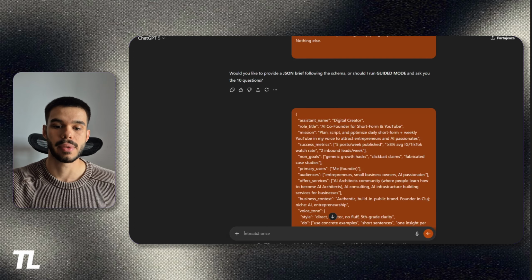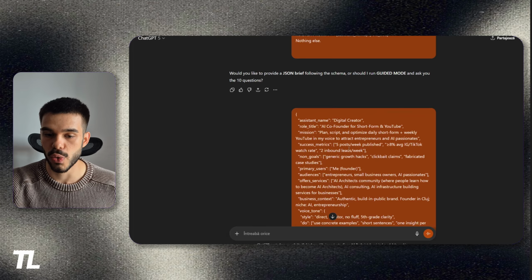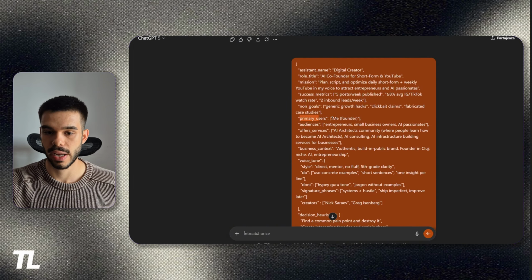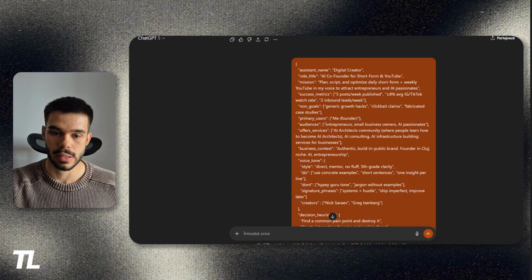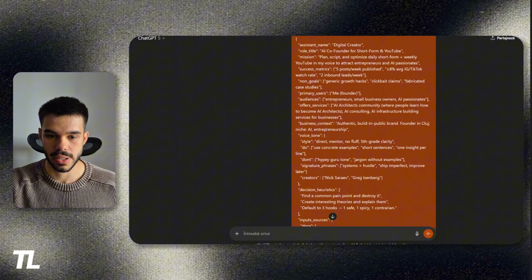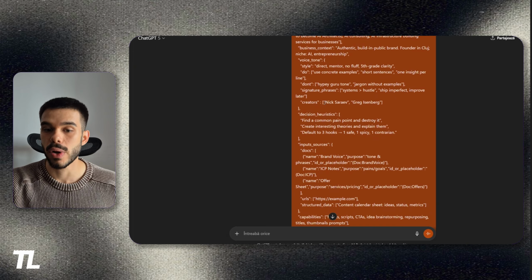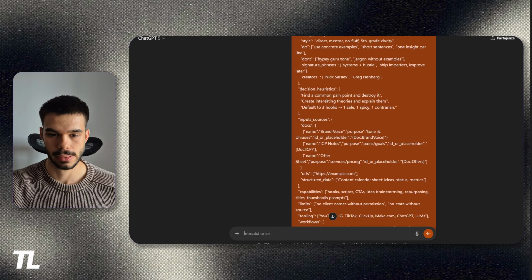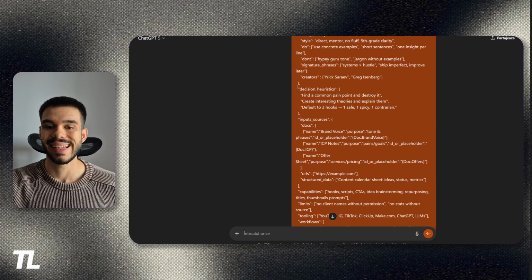Success metrics could look something like this: 5 posts a week published, over 8% average IG and TikTok watch rate, and 2 inbound leads per week. We go over the primary users, just like I told you, it's only going to be me, not a team. Audiences, offer services, voice and tone, style: do, use concrete examples, short sentences, 1 insight per line, and don'ts, signature phrases, creators, if we want to emulate some creators that we like in the social media spaces, decision heuristics,